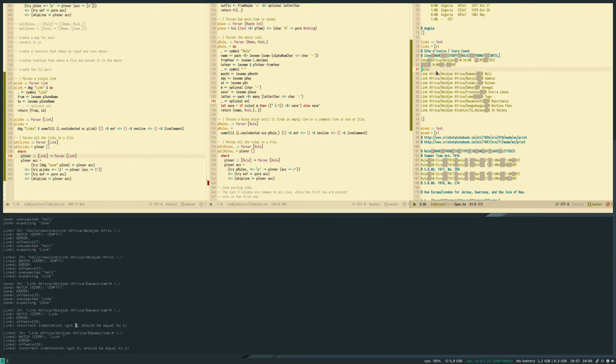Okay, no matter what, it thinks that the indentation here is 6. 1, 2, 3, 4, 5, 6.